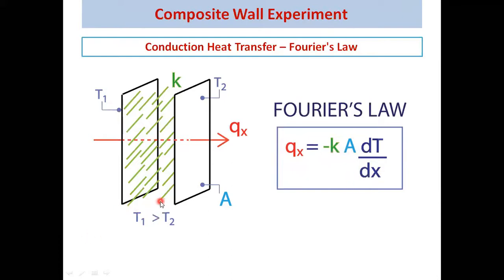of the slab. So if we know the thickness of the slab, if we know the temperature gradient across the thickness of this slab, that is T1 and T2 or TA and TB, and if we know the heat transfer area, and if we know the amount of heat supplied, if we are controlling the amount of heat supply, then the only unknown is our thermal conductivity. So from this equation, we will try to find out the thermal conductivity for all the three materials, that is mild steel, bakelite and wood.